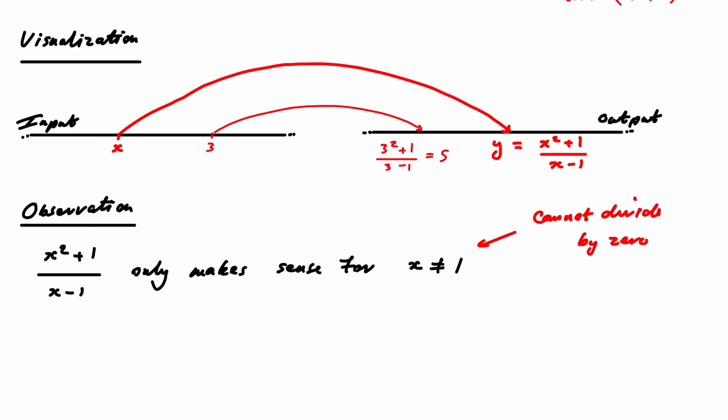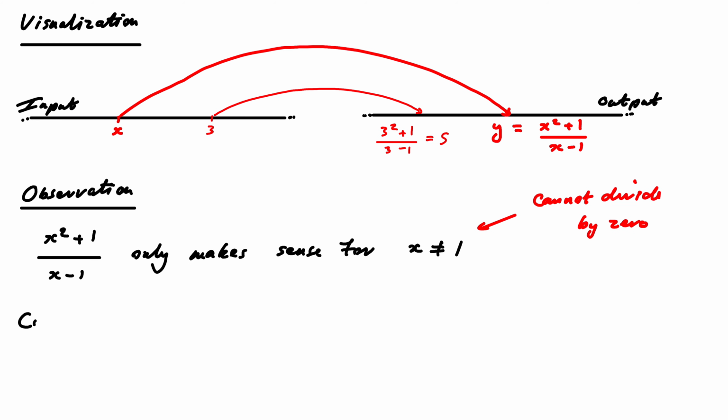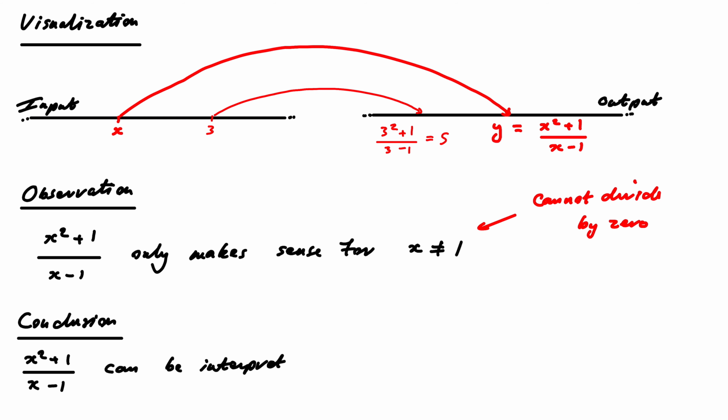It has no meaning. Okay, so let's kind of conclude everything. What do I see? So this expression, x squared, so conclusion, x squared plus 1 divided by x minus 1 can be interpreted as a rule,